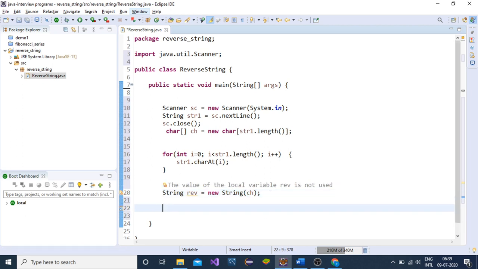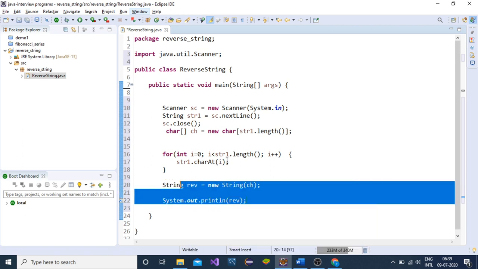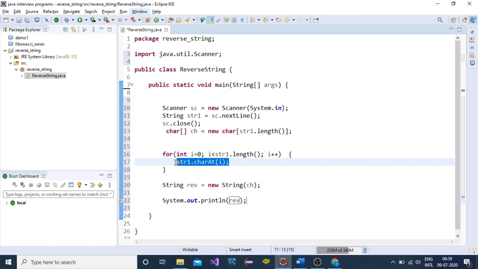So our reverse string will be completed here. So this is rev, so we will get the reverse. We have read here from the beginning, we need to store from last in the char array.